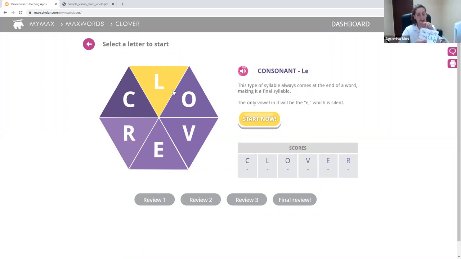The program, by the way, does have, oh, actually, I'm reading it right now. It does have all of those things, like the E is silent and so on. I use my cards as kind of bullet points to remind me of the concept, but I always add things on it. For example, here, the only vowel is the E. I added just verbally, which is silent. You can write it out if you want to. I prefer to put less words and then explain with my words a little bit more. So we have consonant LE is a final syllable ending with LE, and the only vowel in it is the E. For example,